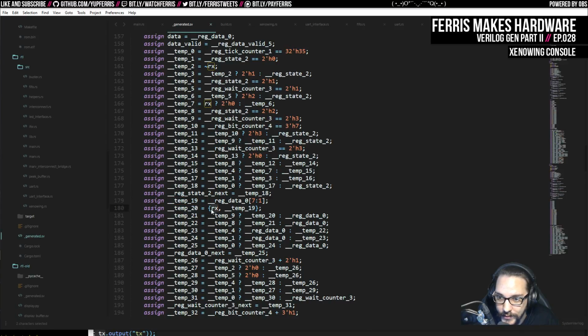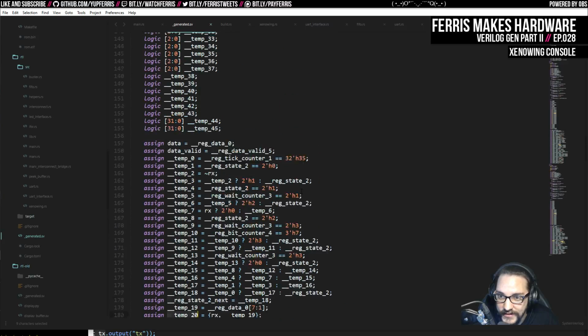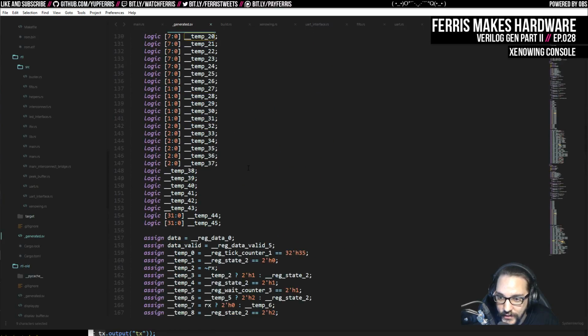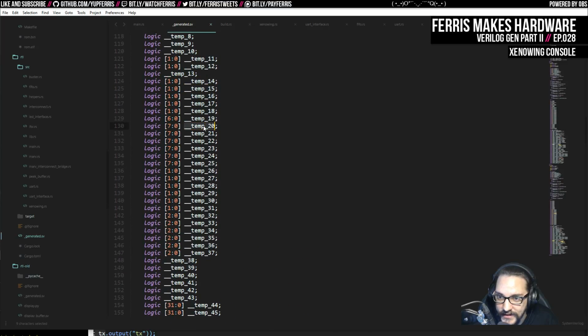So this one would be a 1-bit signal, and then this 7-bit signal, which is these bits of the previous value. And the issue is actually not this assignment, but the declaration of this node. And if I scroll up here, we can see temp20 is here, and this has 7 bits. But before,